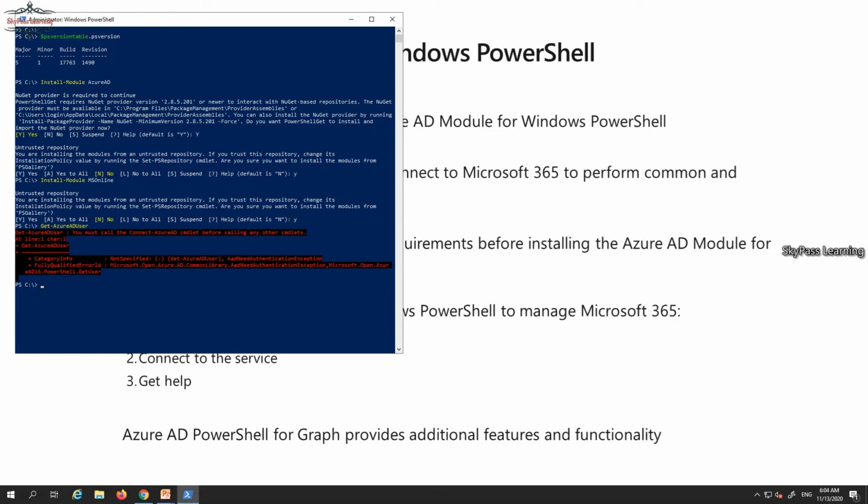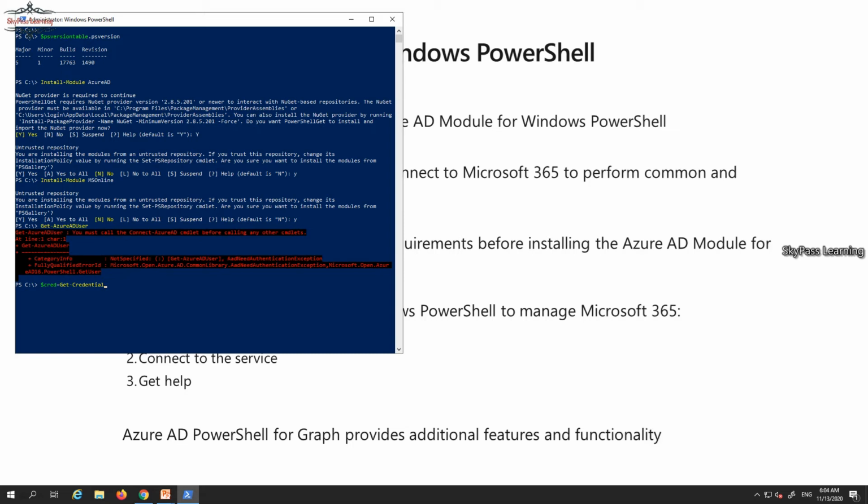So for that you have to run the command Connect-AzureAD, but that requires a credential. So I am taking a variable here, that is $cred is equal to Get-Credential. So that will ask me to enter some credential, and I will store it in a variable. The variable name is $cred, which I have taken here. Further, when I'm trying to connect, I will pass this credential.